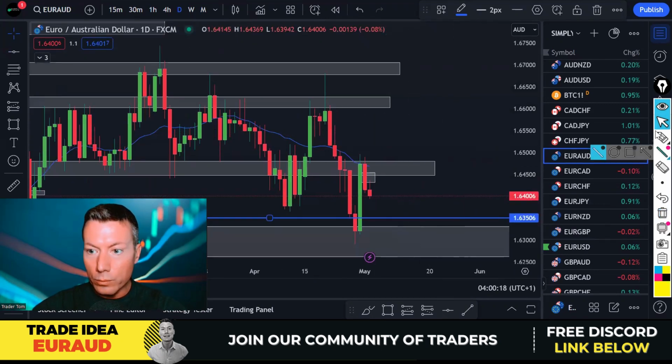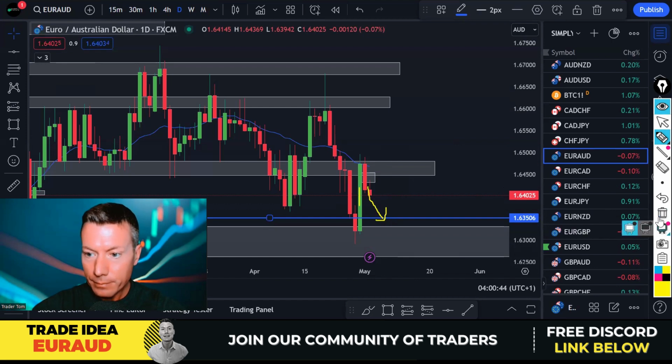Now, also worth pointing out is this level through here. Look how many times price has touched this level of support and resistance. And we've got the moving average 20 coming round. This is a really nice resistance level for this pair. And as a result, we've got a nice bearish candle. Not super bearish compared to how green this one is, but bearish enough for me to start selling down to here.